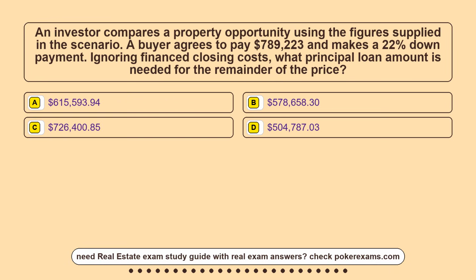Question 16. An investor compares a property opportunity using the figures supplied in the scenario. A buyer agrees to pay $789,223 and makes a 22% down payment. Ignoring finance closing costs, what principal loan amount is needed for the remainder of the price? Option A, $615,593.94. Option B, $578,658.30. Option C, $726,400.85. Option D,